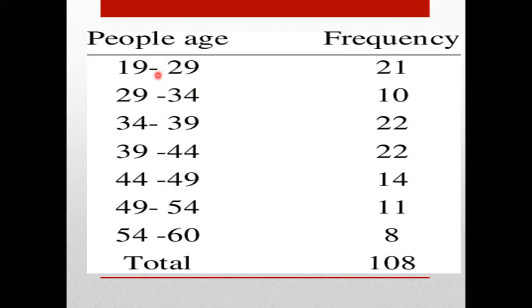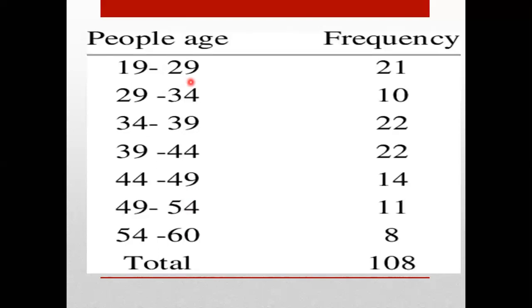Okay, so now this is known as the grouped frequency distribution table, because you have formed a group, that is 19 to 29, then 29 to 34. And accordingly, in the first column you'll write the people's age, and you will write the class interval. This is known as class interval. There we have written score because it is the individual data, and there it was the score what you have scored. But here it is the age of the people.